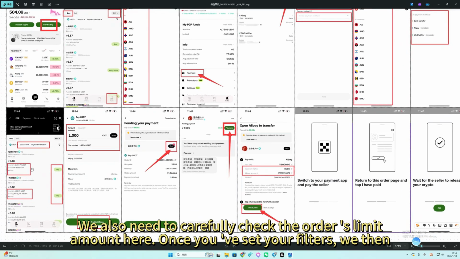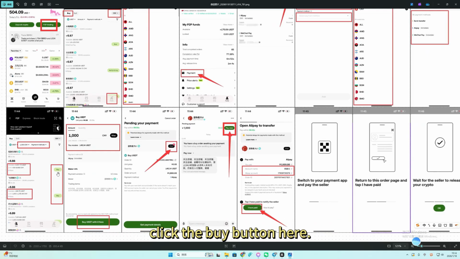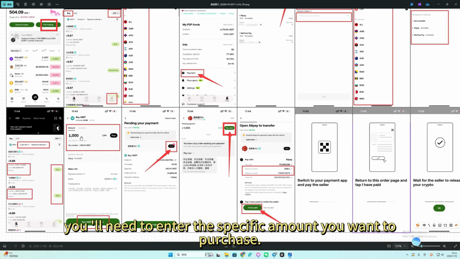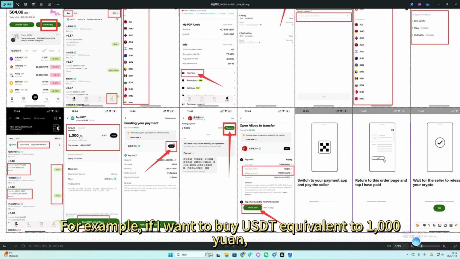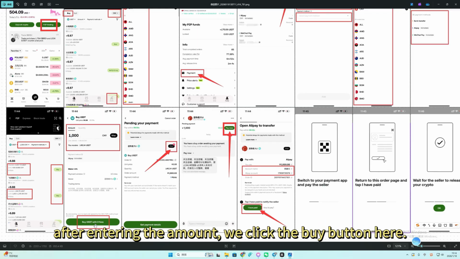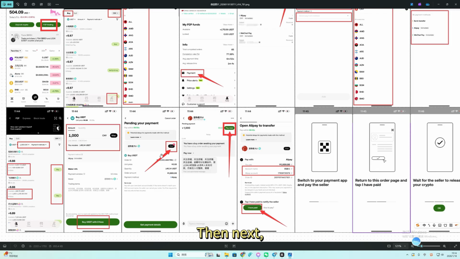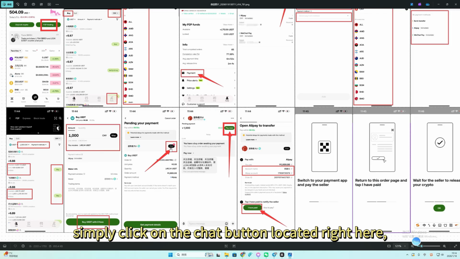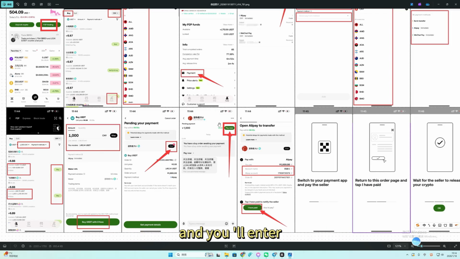We also need to carefully check the order's limit amount here. Once you've set your filters, we then click the buy button here. Next, you'll need to enter the specific amount you want to purchase. For example, if I want to buy USDT equivalent to 1,000 yuan, after entering the amount, we click the buy button here. Then next, simply click on the chat button located right here, and you'll enter the chat window with